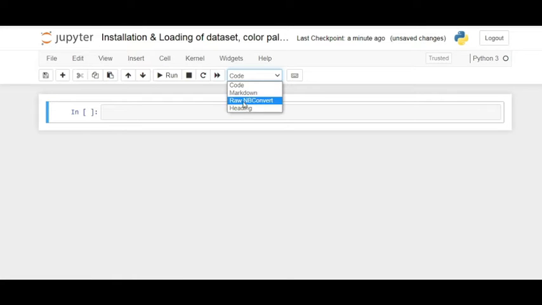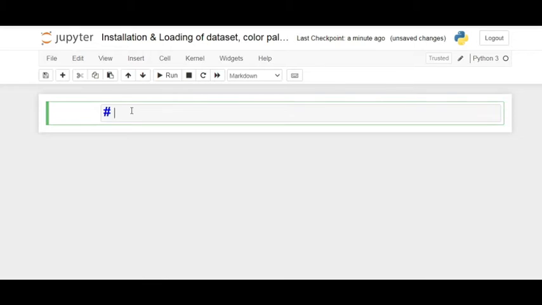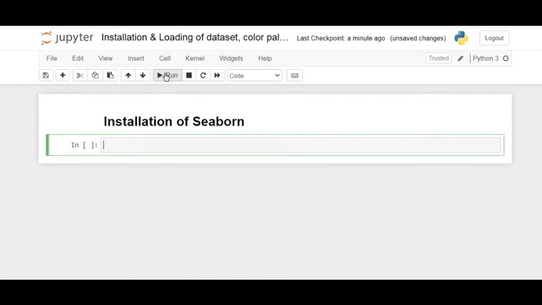So if I want to use a heading, the first heading will be installation of Seaborn. And to run this one, you can go from this one also. Otherwise, you can use shift plus enter key. So the installation process.